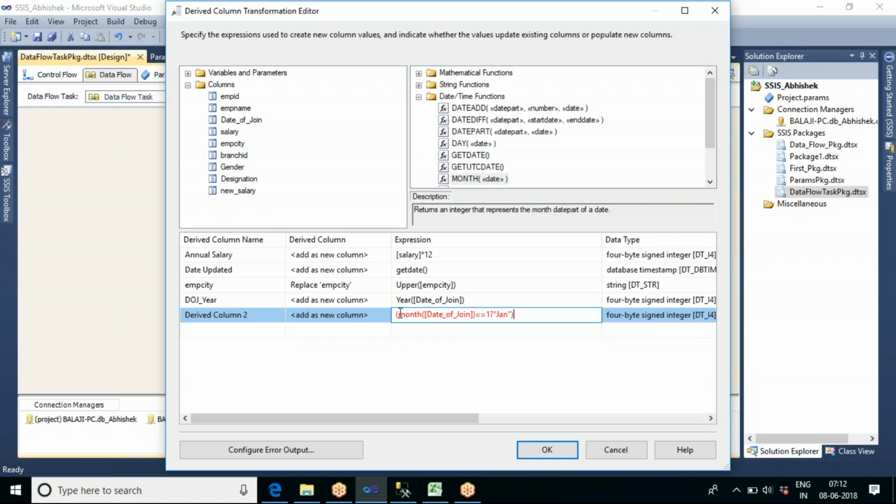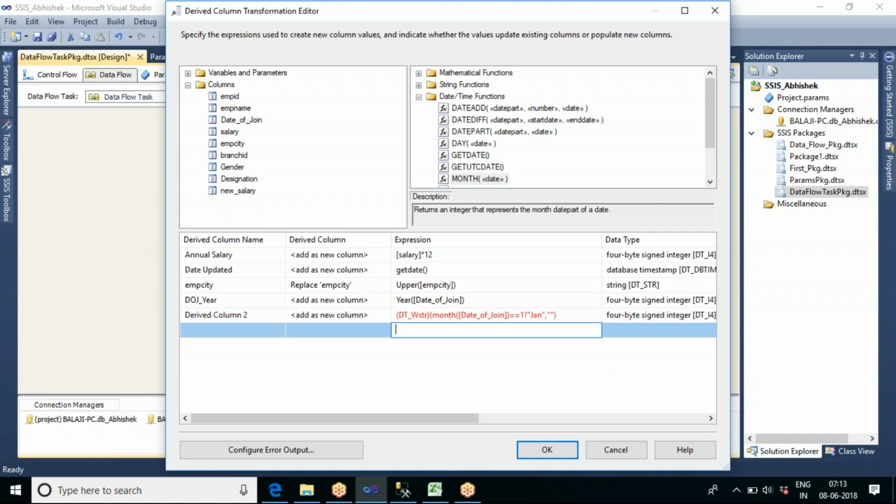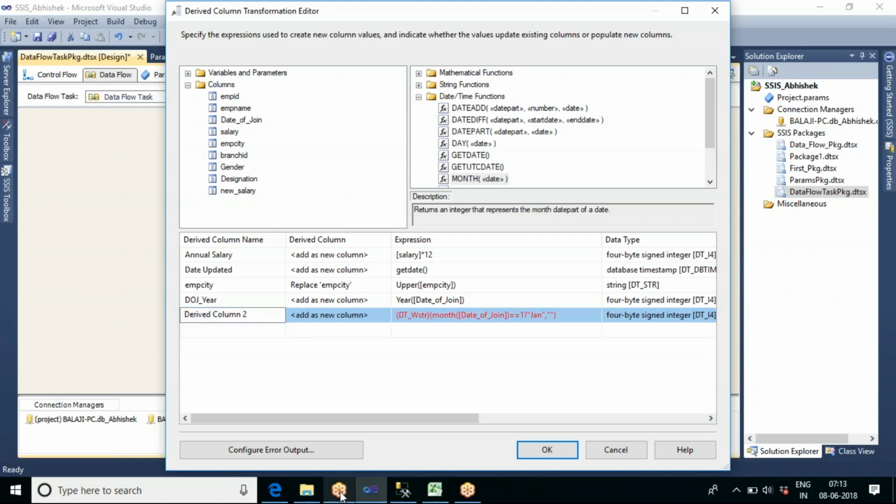4 byte signed integer. Okay, now let me convert this into DT_STR. What happened? This should be correct only. Let me see.